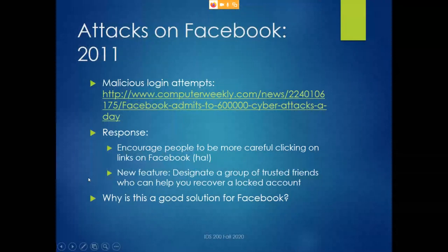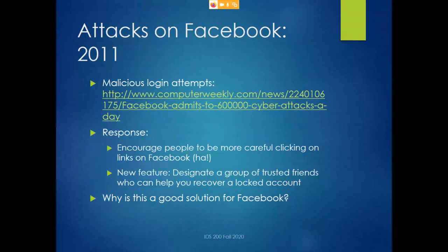Anyway, one thing that Facebook basically said is you should be more careful about clicking links on Facebook, right? Which, if you think about it, is a bit laughable, because the whole point on Facebook is that something that shows up in your feed should be safe. If an article appears in your feed, you would think it would be safe. How are you going to be more careful about clicking on that? Facebook wants to put interesting stuff in your feed. They want you to click it so you can get to the article, so you can read it, so you can be happy about your time on Facebook. So the whole idea, be more careful when you click, sounds nice, but it really doesn't mean anything.